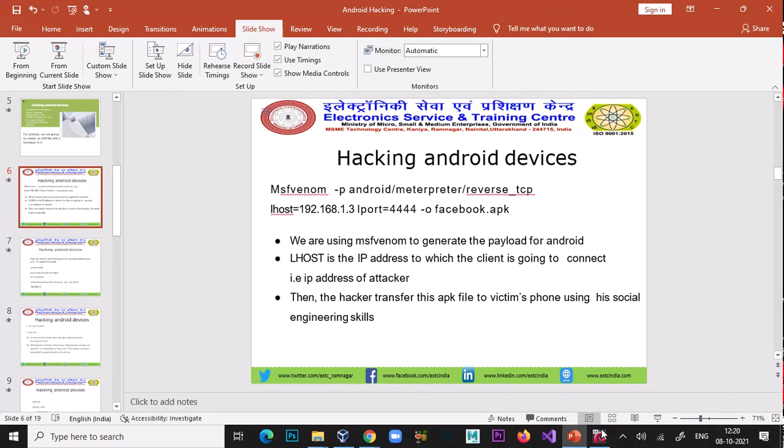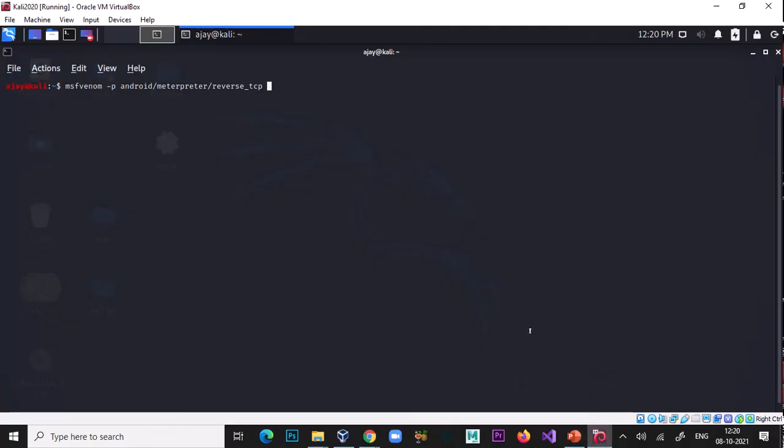Then type your local host, LHOST, 192.168.0.127 here. Type LPORT: you can use any free port to listen, so you can use 444 or 8484.